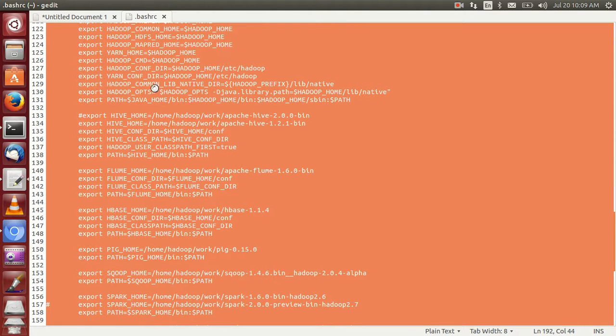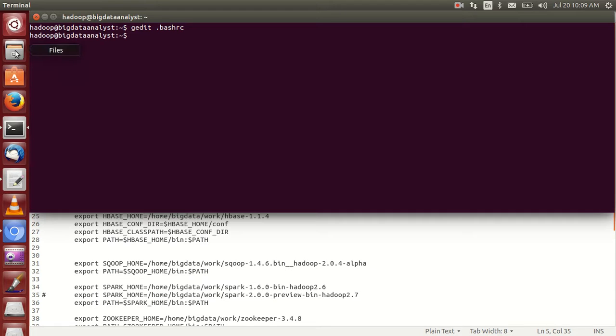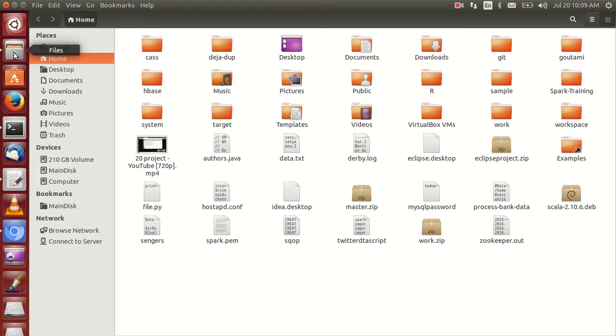Then what happened? This main task is completed. Now what next? You have to change some important files, and after downloading, extract them automatically.